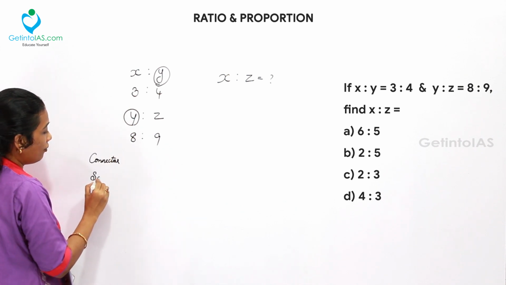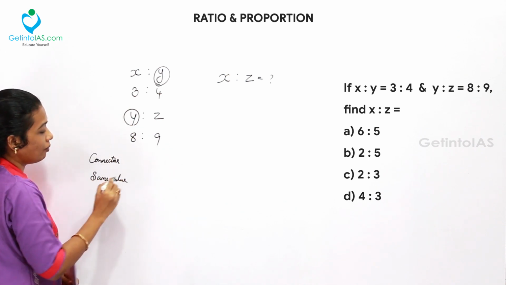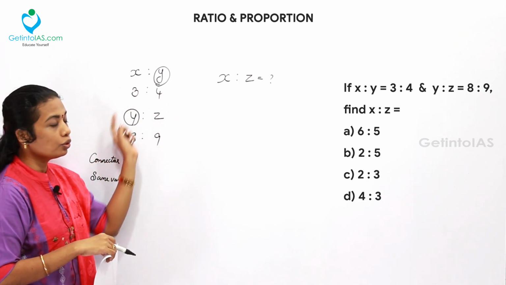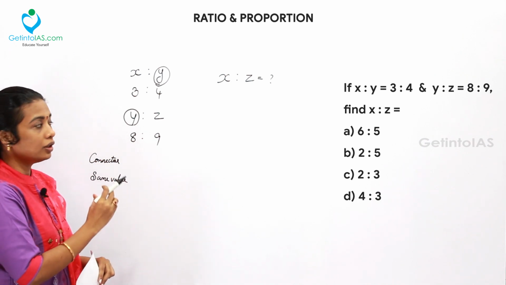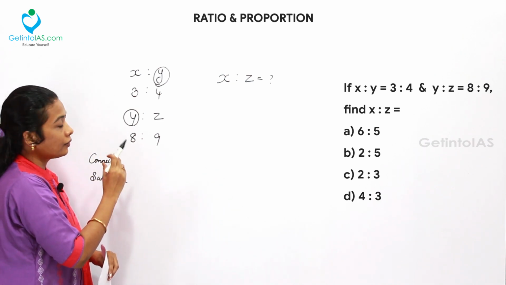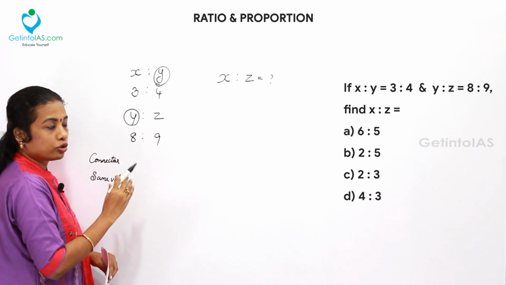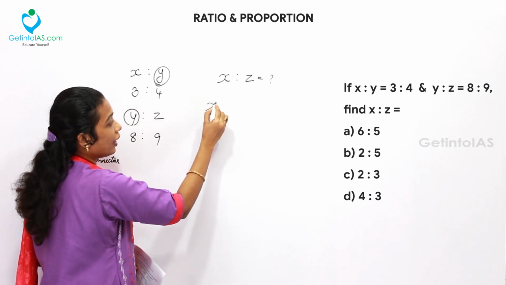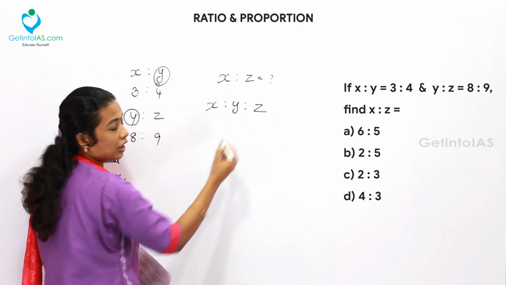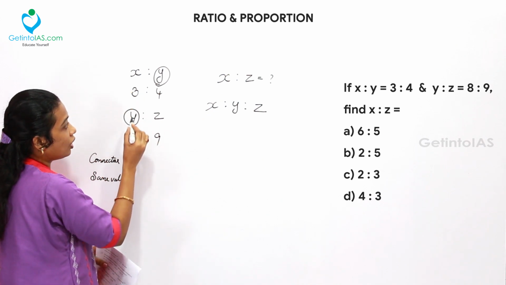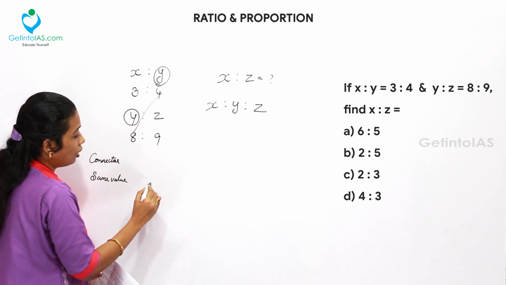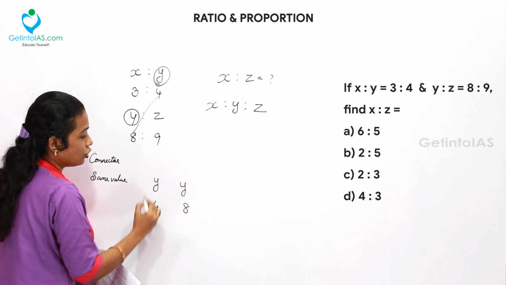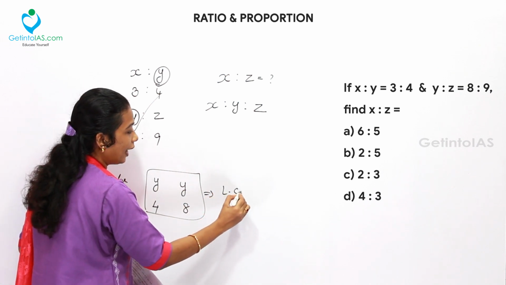Then check for the same value for y. Here it is 4 and here it is 8. So we need to make the value the same first. For that we want to take the LCM, or you can use the substitution method also. Let's learn one by one. Here for finding x is to z, first we want to find what is x is to y is to z. For that, take x is 3 and y is having two different values. In one case, y is 4 and in another case, y is 8. To make this, you want to find the LCM.